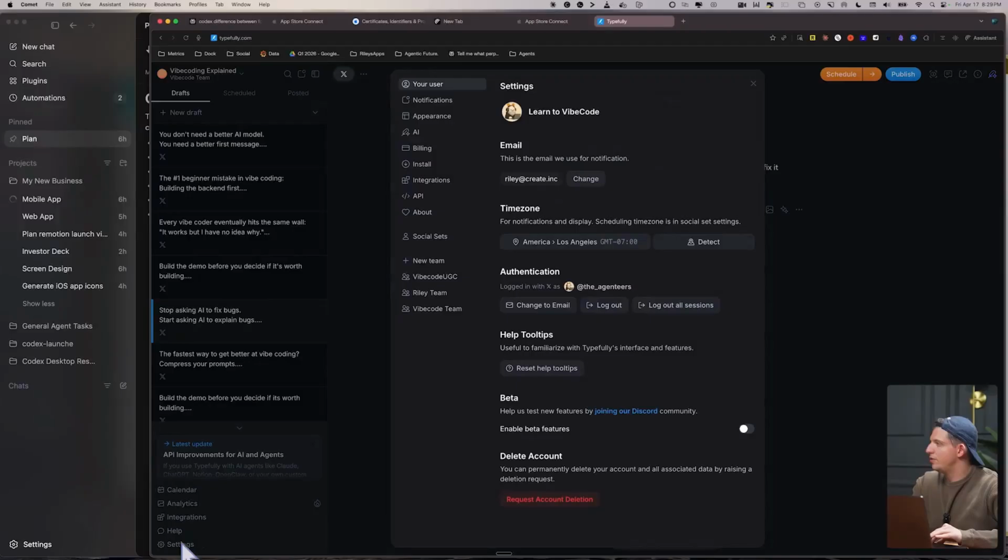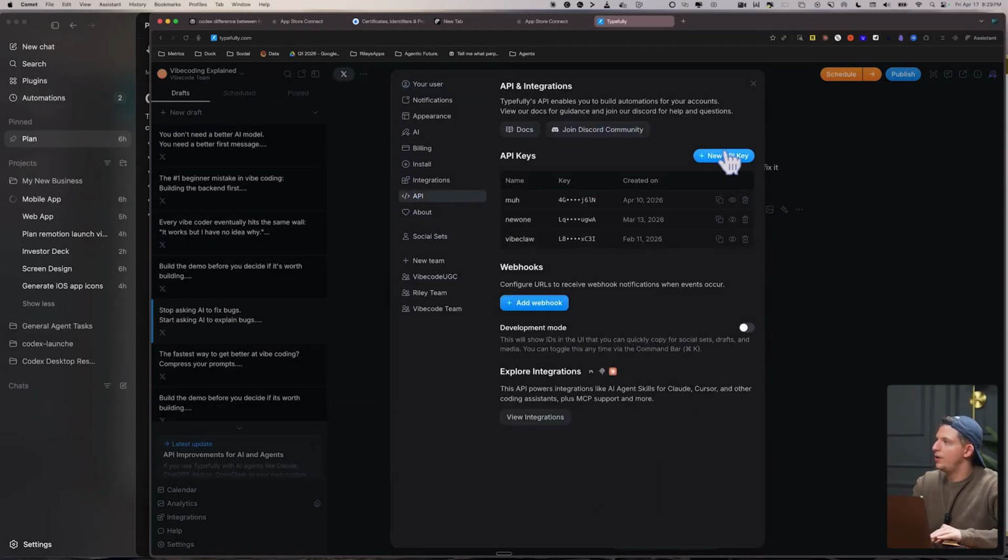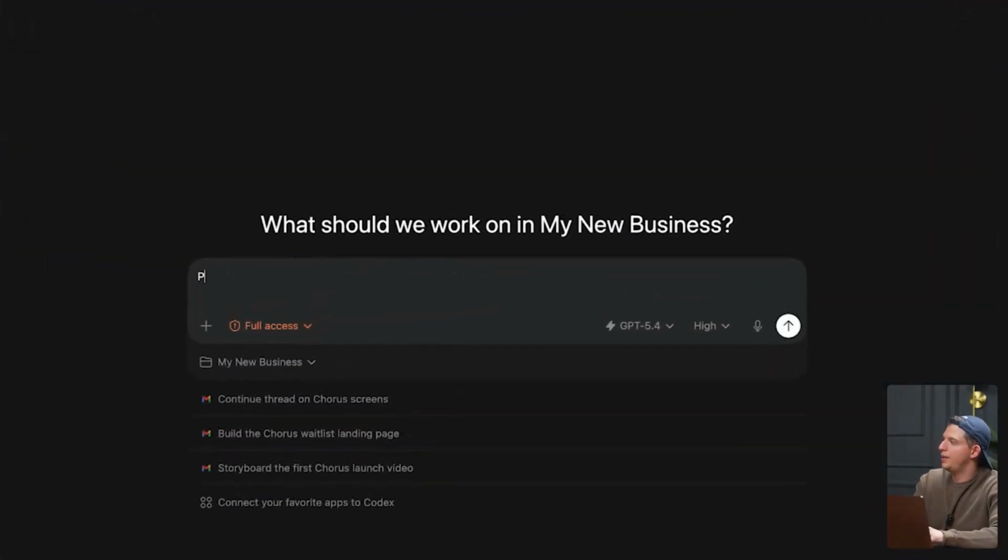And so here, what we need to do is go to Settings, then go to API, and then create a new API key. So I'm going to create one and copy it. Now we're going to come here. I'm going to say, please, can you search Typefully